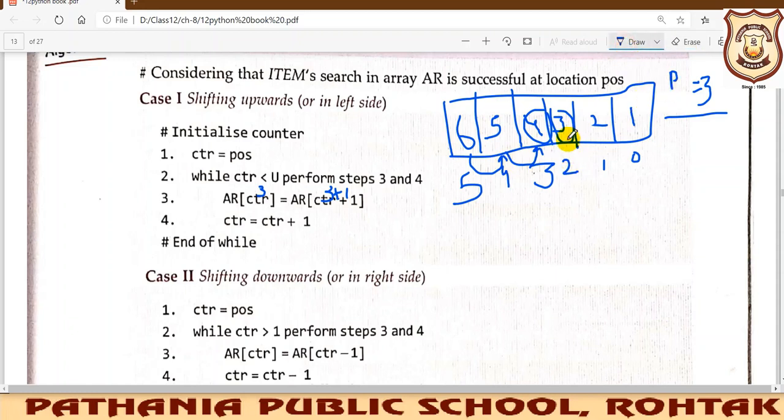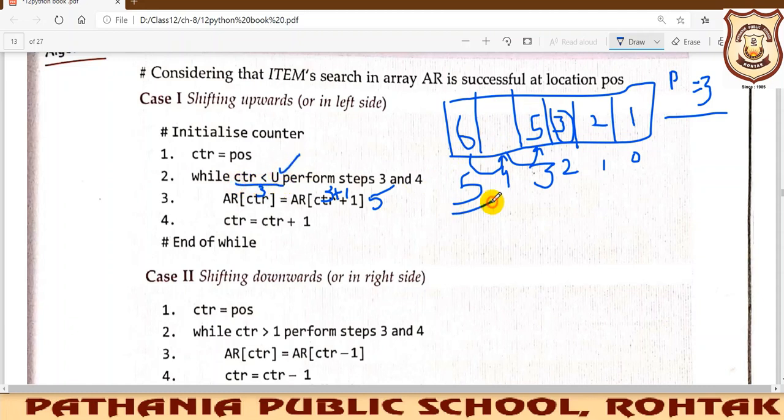A3 is 4, so that will be overwritten by A of 4, which is 5. So we are now putting 5 at A3. The old value will get deleted and we put 5 here. Then 5 will be removed from its old place. Fine, so we put 5 here, and now the 6 will get shifted up until we come to the upper bound.